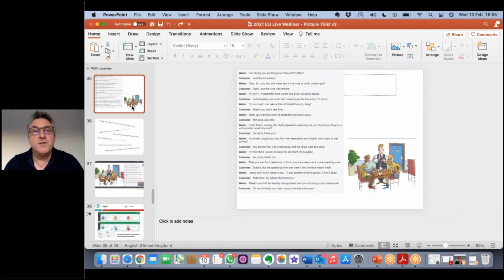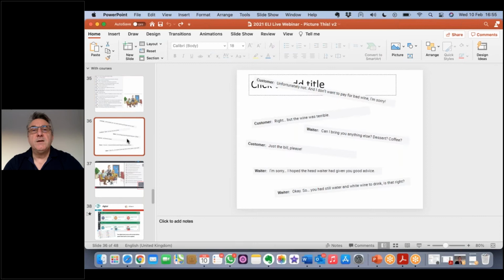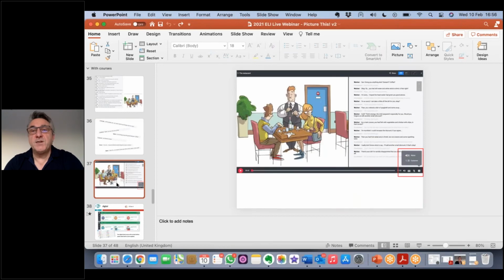If you cut this up into 50 lines, that's too hard. So I picked a little bit. The students can jumble them around, or with you, order them in the correct order. And as I said, you can do a karaoke version with the listening. So the picture dictionaries are not just for vocabulary and grammar, but you can actually use them for dialogues or to reinforce the language we've been doing in the course book.